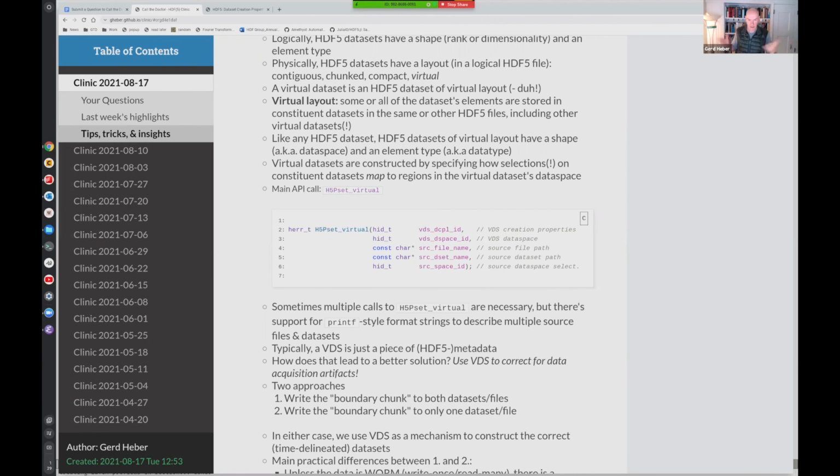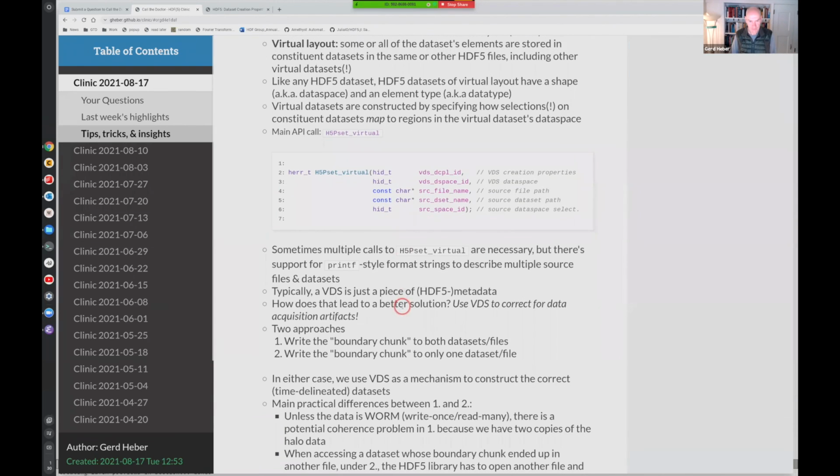It will feel like a normal, in double quotes, HDF5 data set. It's really just a piece of metadata, and the HDF5 library under the covers will direct your calls to the right places. There's a little bit of a simplification here.